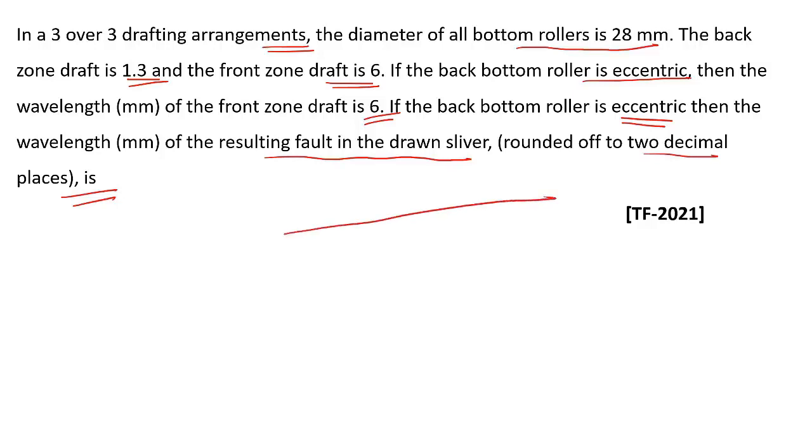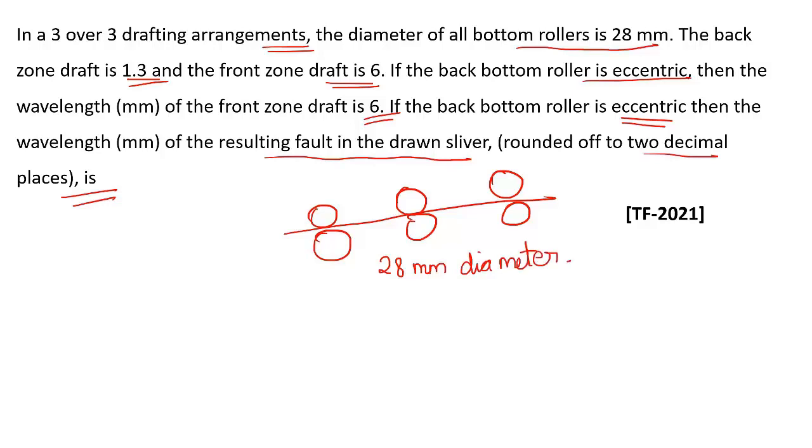In this case, how is it arranged? It is arranged in this pattern. These are the rollers that are arranged in this fashion. 3 cross 3 drafting rollers means 3 rollers above and 3 rollers in the bottom, and these are arranged in a similar pattern. And the diameter is said to be 28 mm. So